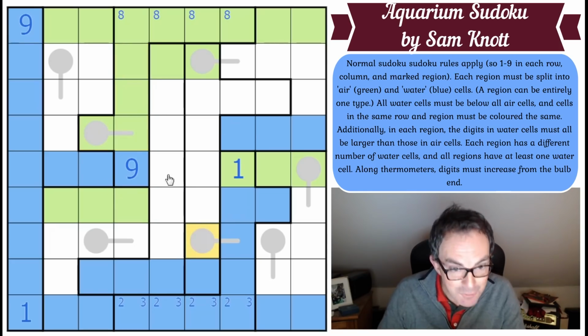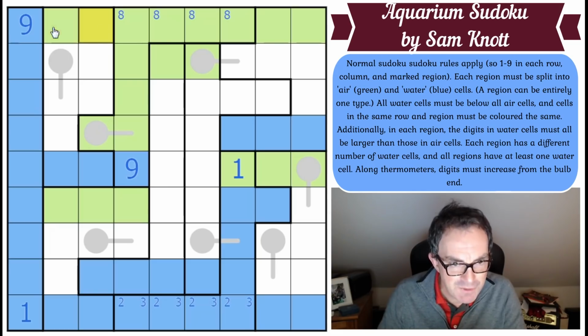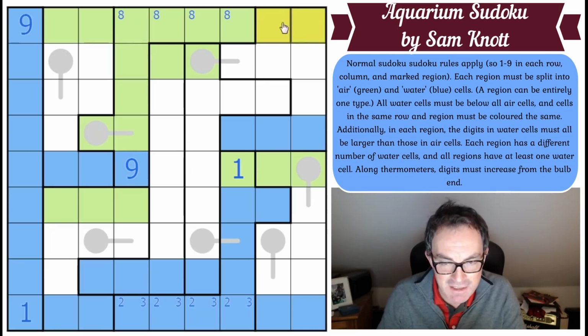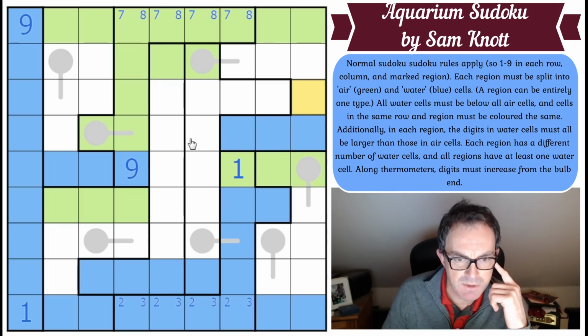And it is almost symmetrical, because now we can do the same trick with 7s. Where does 7 go? Because 7, if it's green here, this would have to be an 8-9 pair, which it can no longer be. If 7 is in this green, these squares all have to be higher than 7. Well, 8, 9, 10 is not possible. So 7 is also in one of those squares, a bit like 3 was in one of these squares. So you can almost feel how this puzzle has been put together. Right, so we have found...